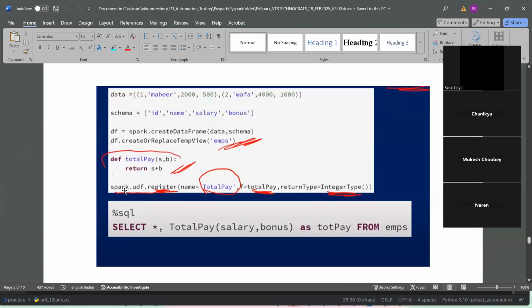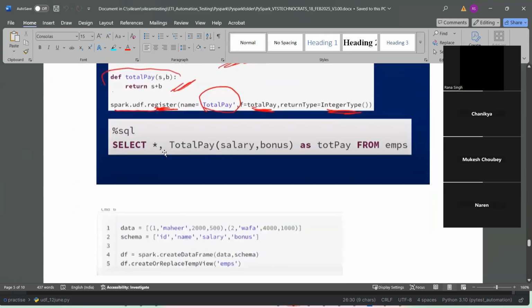If you want to register that UDF, although it is not required, but I'm telling you, spark.udf.register. You can register whatever your method is there, name equals to total pay and f equals to total pay, and then the return type is integer type. So this is registering the UDF so that you can use it in the select clause. So using spark.udf.register, you are registering that name equals to total pay. And then this is taken as a variable, guys, f equals to total pay, return type is integer, and which you are seeing in the select clause, select star comma total pay, salary and bonus as total pay from the